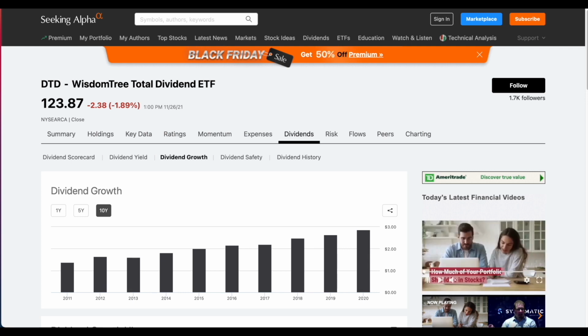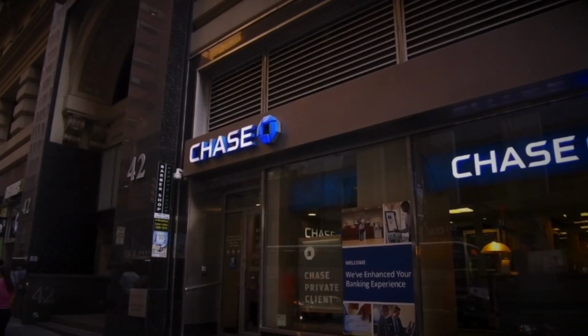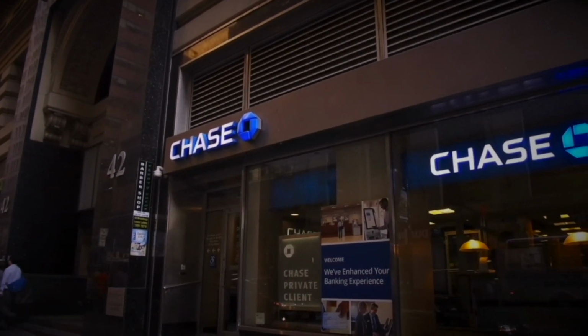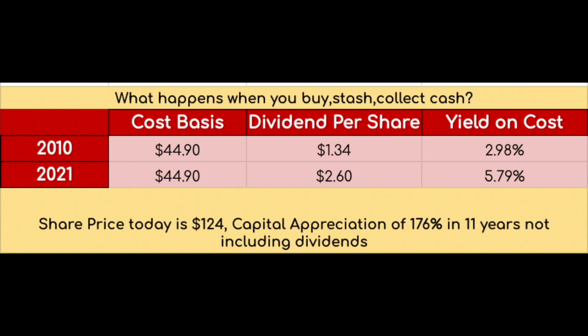Only once had they not increased dividends from the year prior, and that was during the 2008 financial crisis. In 2010, they paid just $1.34 in dividends, and they traded at just $44.90. Now let's say that we bought shares of DTD back then and simply just bought and held for all those years and collected dividends. DTD now trades for around $124 at the time of this recording, and they pay around $2.60 now in dividends per share, which would give us just under a 6% dividend yield on cost,